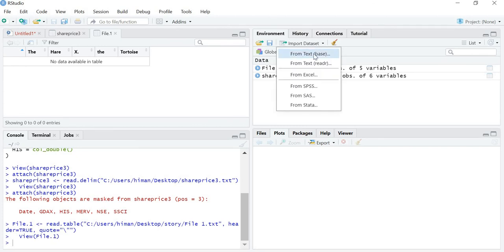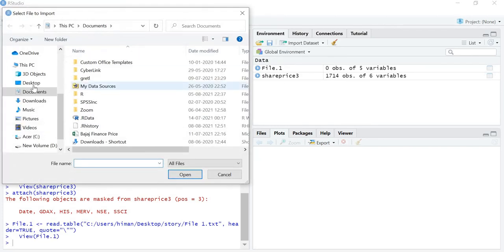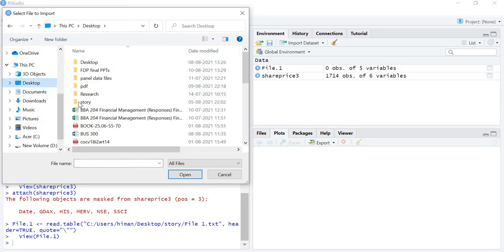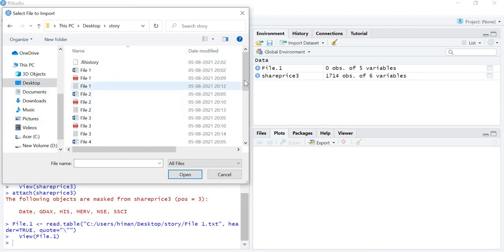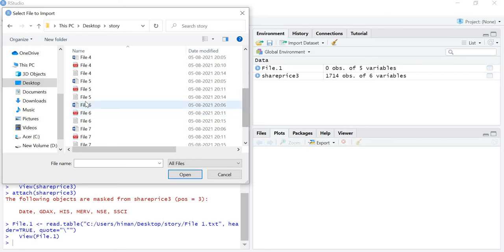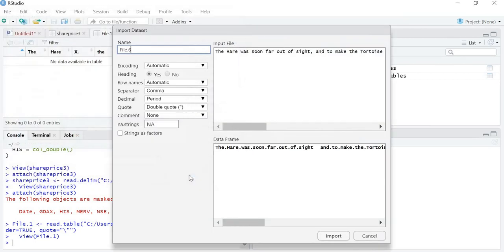Let's take one more example. Let's say I again want to upload one more file. Let's say I want to import this file. This is also a text file. And you can see that I have written over here, the hare was soon far out of sight.